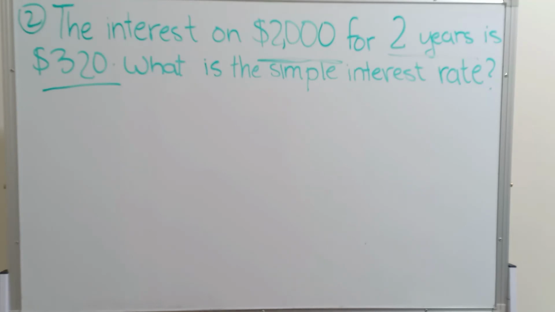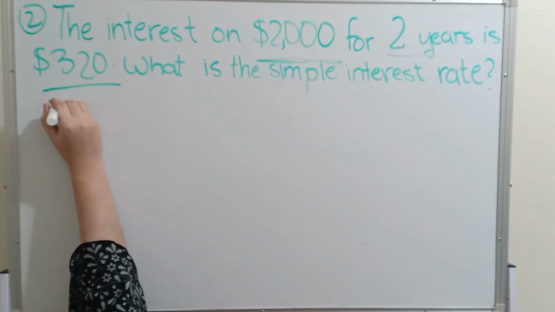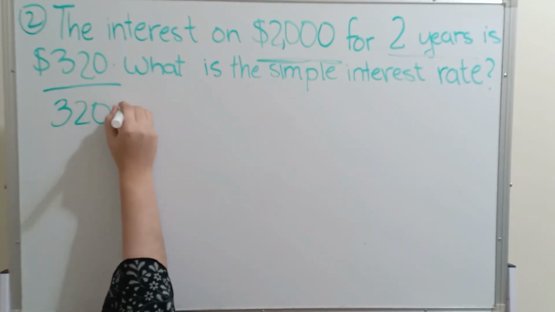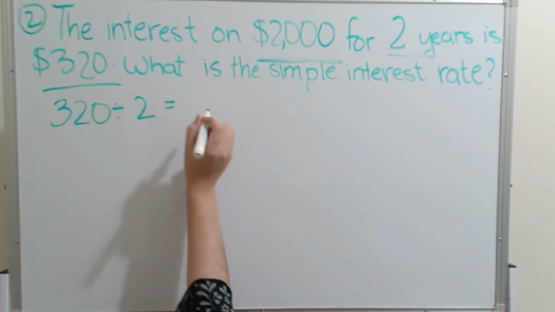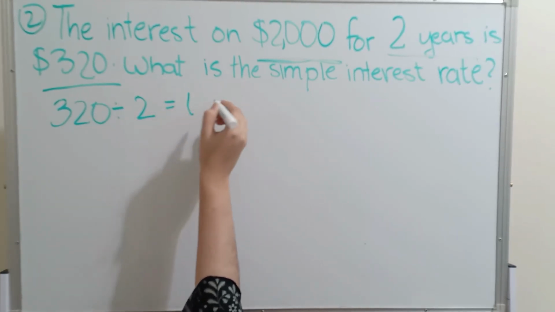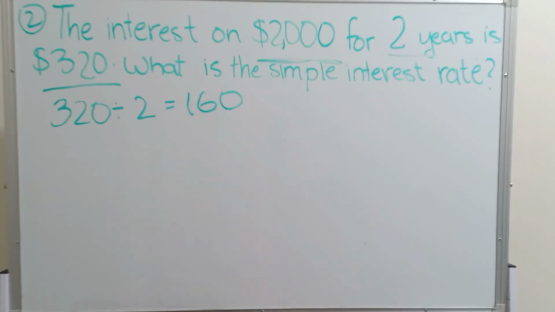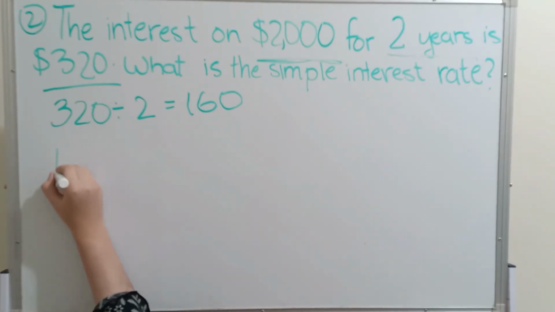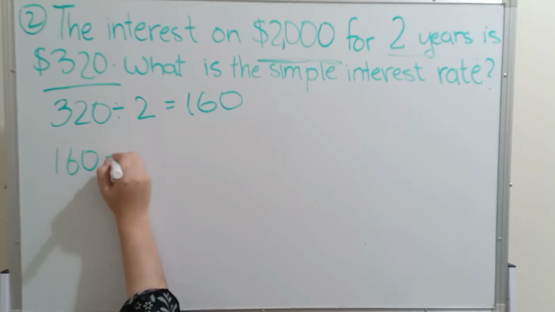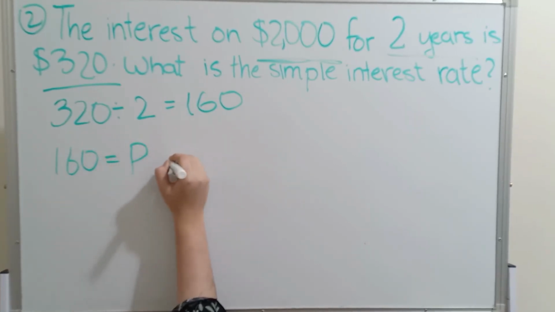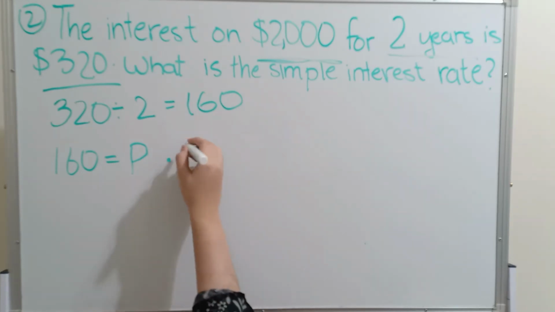So let's do that. So it is $320 for 2 years, meaning we're just going to simply divide 320 by 2, which will give us 160, meaning $160 per year. So now we are going to set up our equation. We have our interest amount, which is $160, equals the P, which is the interest rate that we're going to find out, and we're given the principal, which is